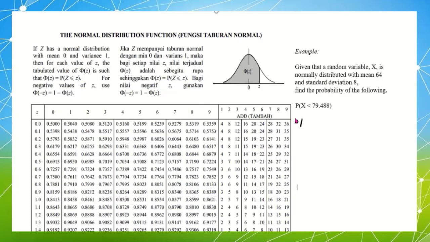So first I'm going to change the x into z, and then 79.488 minus the mean 64 and divided by standard deviation 8. Then when I press calculator, I'll get the value